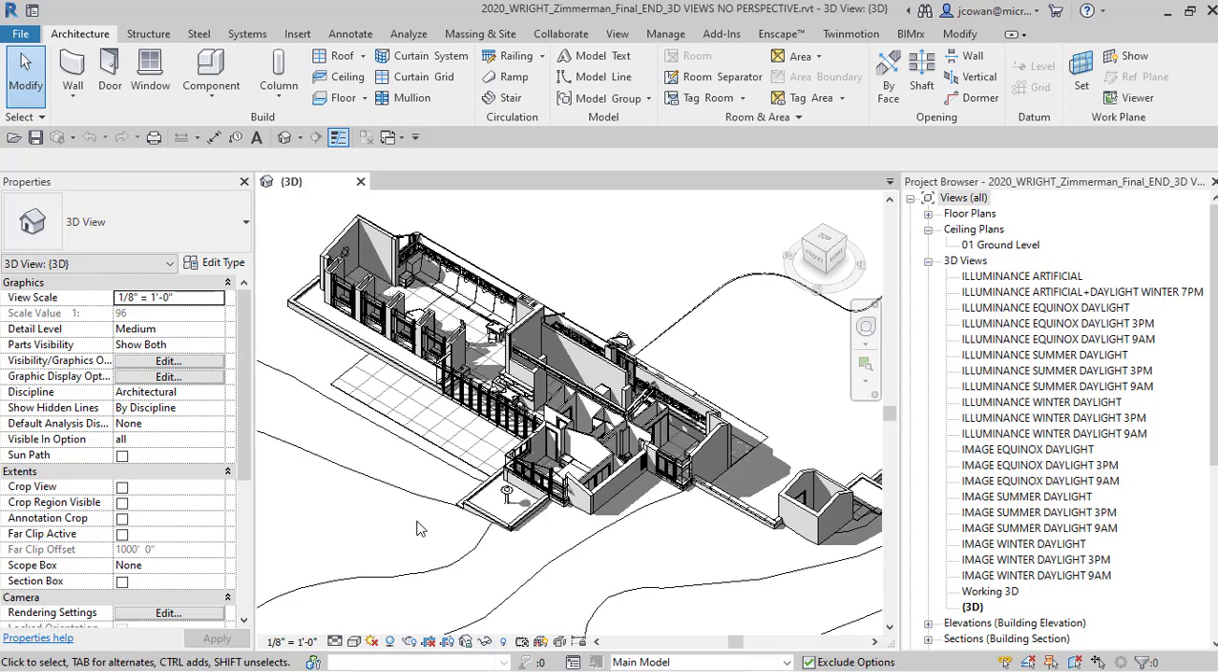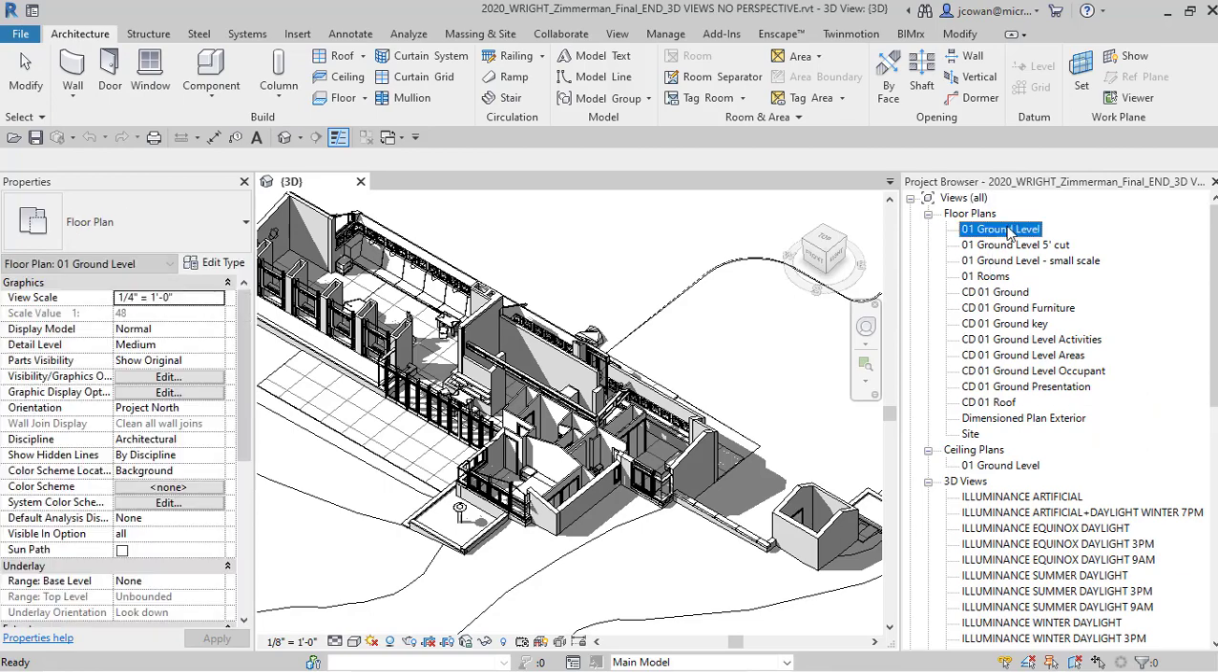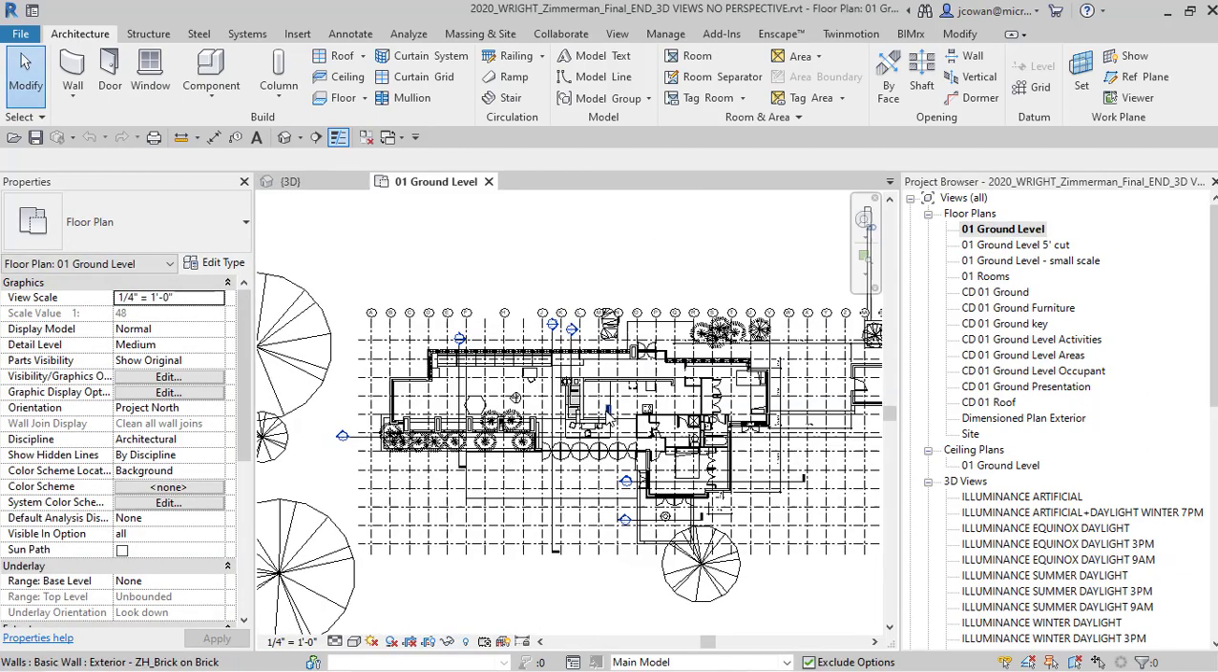So the purpose of this exercise is to create a 3D plan view that we could use for illumination, because it's not going to work if we have the roof turned off. We have to be inside the building. So if we go to a floor plan, say the ground level, the way that